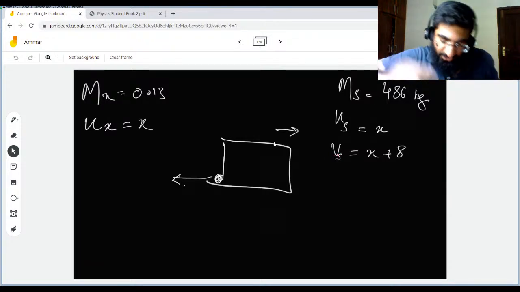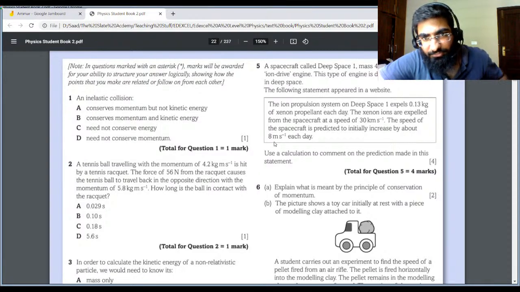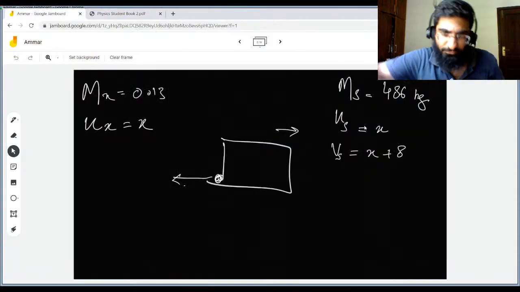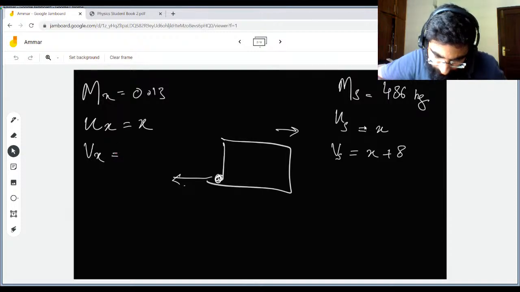And the speed of xenon at the time of release is said to be 30 kilometers per second. So v of xenon is how much? V of xenon is 30,000